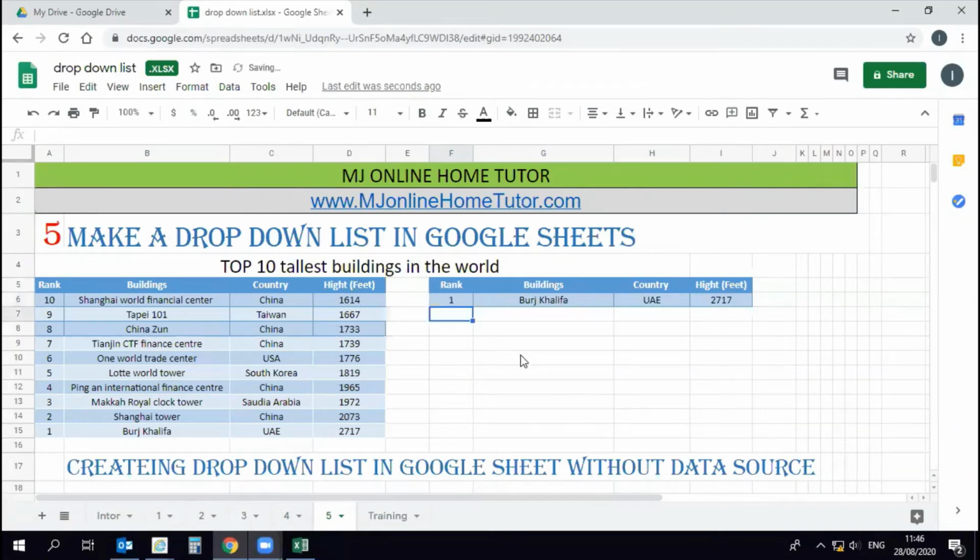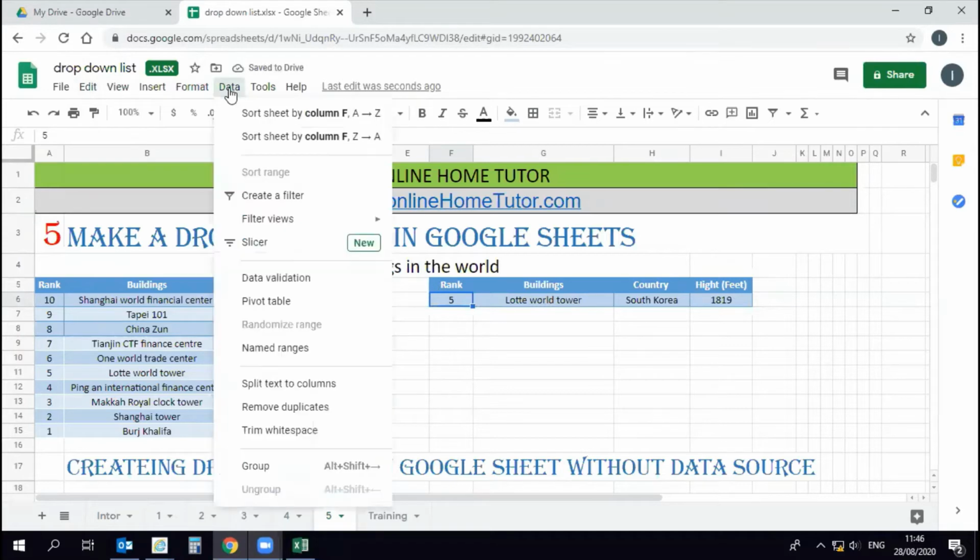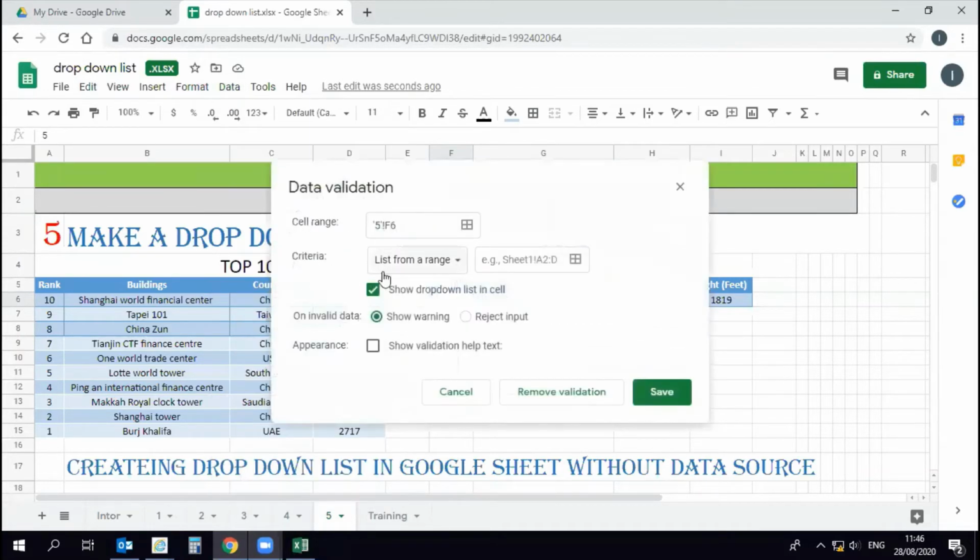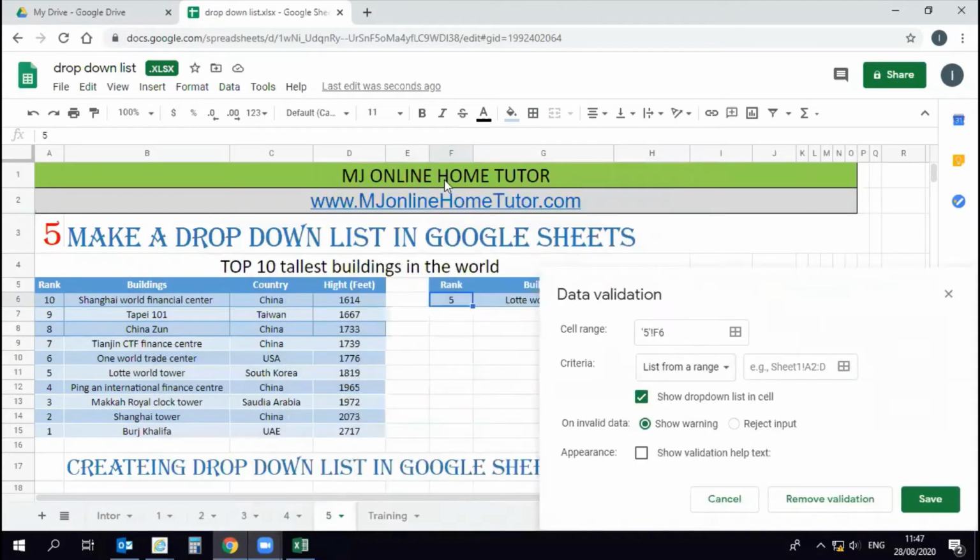So let's start. Here we don't have the drop down list. Once we write the number, we can get the data, or maybe it is not available in the data. So we need to go to the Data option and Data validation. Here you can see the cell range, the cell range is F6,